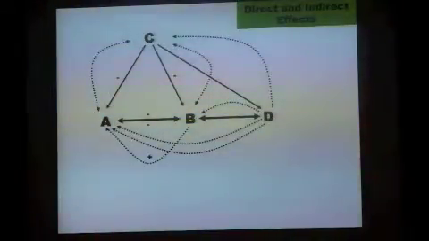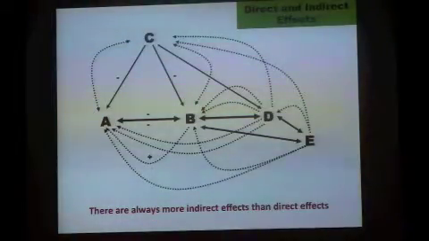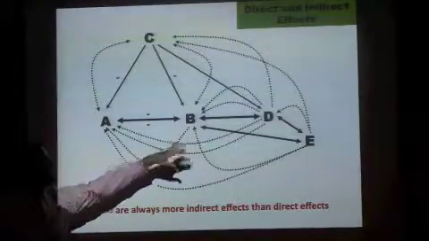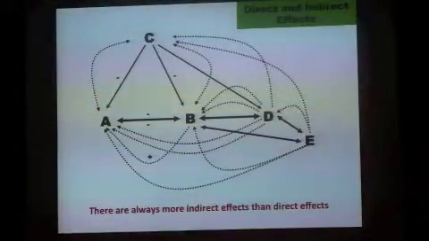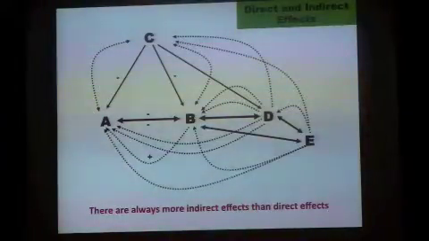And as you start adding more species into this community, you start getting more direct effects, but you get exponentially more indirect effects, because you can start getting these really complex chains of indirect effects, where maybe the presence of E alters the interaction between B and D and that affects A in some way. And so indirect effects ecologically have been shown to be really important, and they're more important in diverse systems to get these more complex indirect effects.